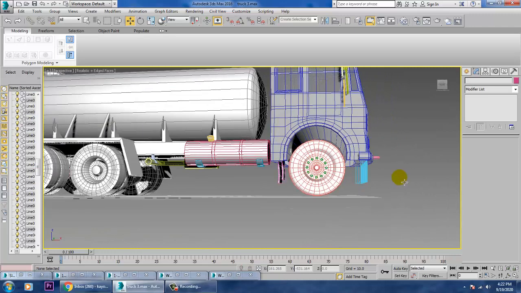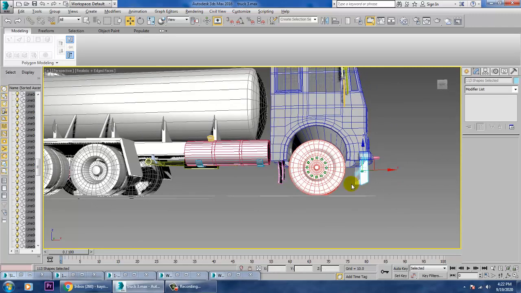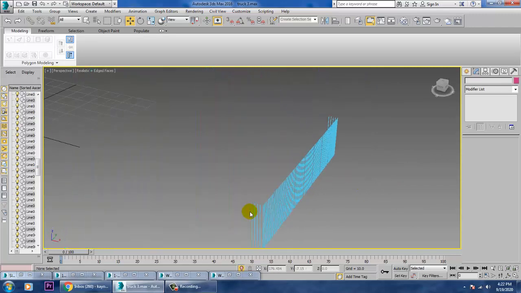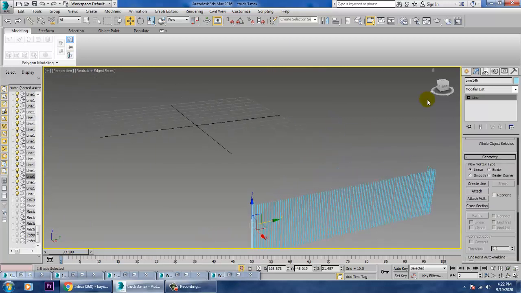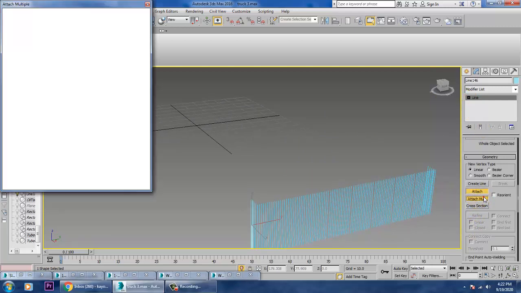So let's select this, Alt Q. So select this one. If you feel it's more, attach multiple.